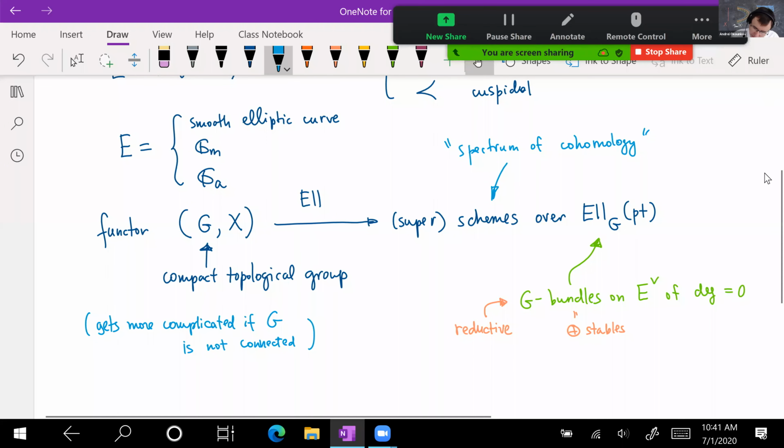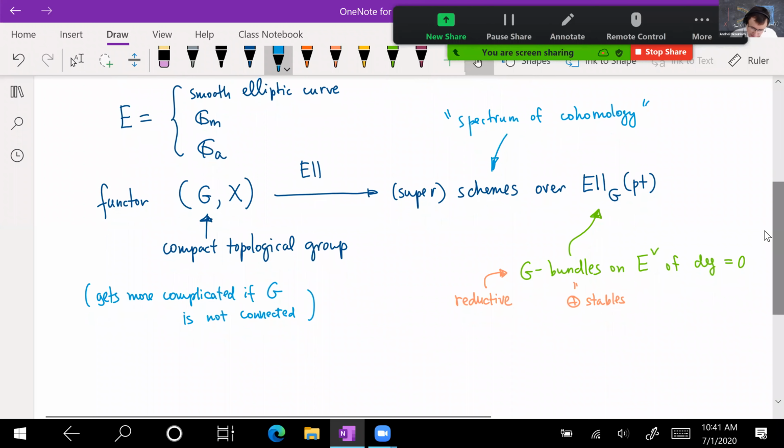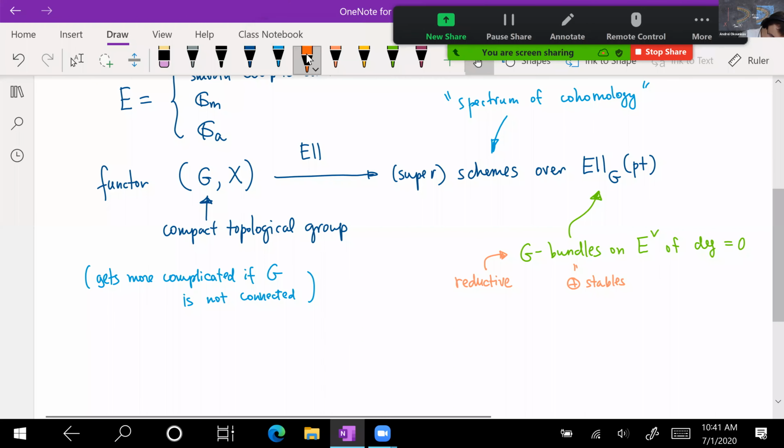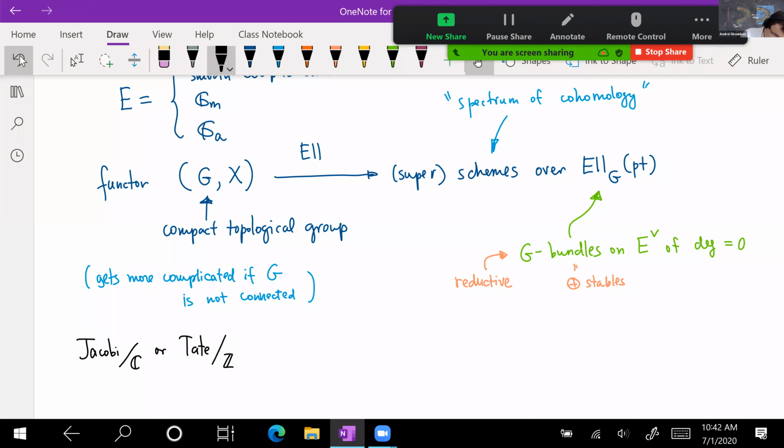And so for us, actually, the main point is that we will be able to understand a lot of elliptic homology just by analogy with K-theory, and using the fact that maybe Jacobi, so to speak, over C, or Tate over maybe p-adics, or maybe Q_p, whatever Q_p, will tell us that we can write E